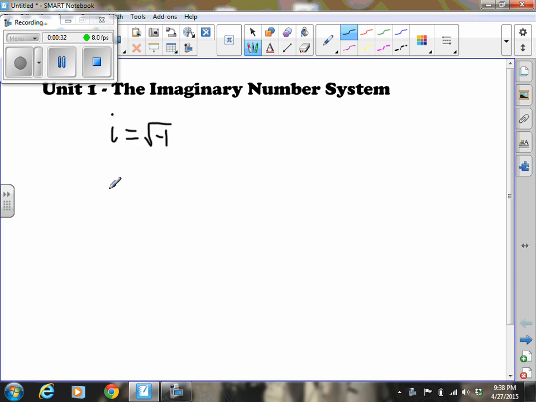Now, based off of that fact, we can get several powers of i going, which will allow us to notice a pattern here. If I think about i squared, I know by definition i squared is the same thing as i times i. We just defined i to be equal to the square root of -1. So I can think about this as the square root of -1 times the square root of -1, which then is the square root of -1